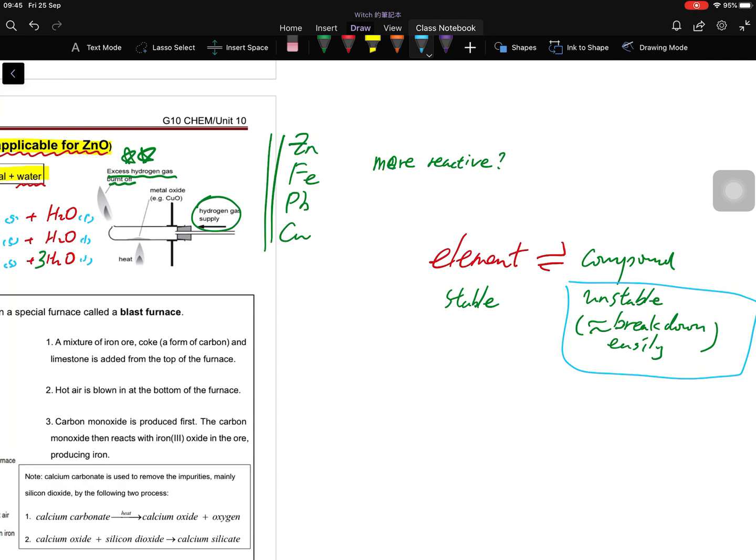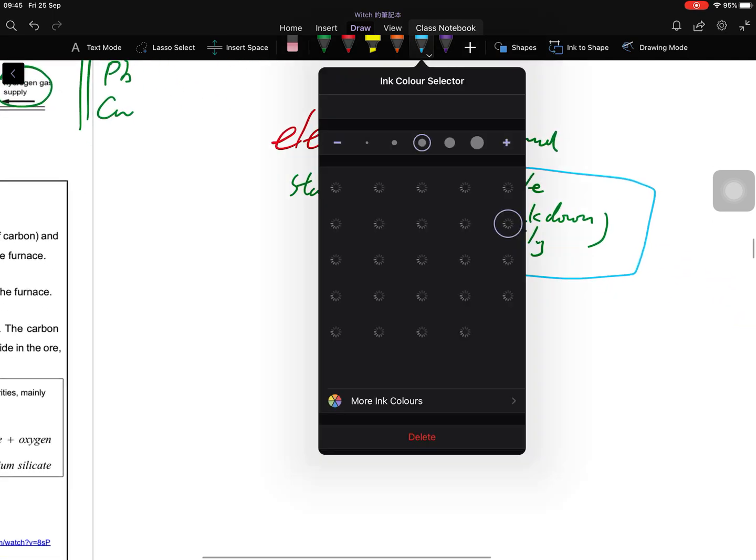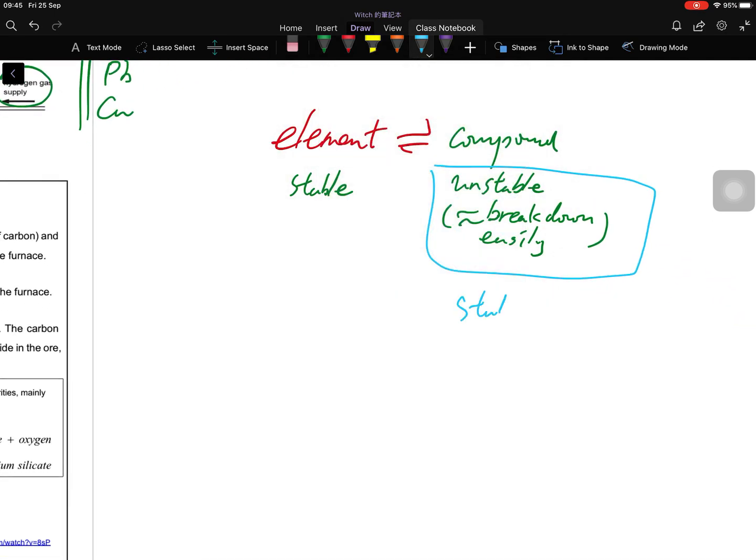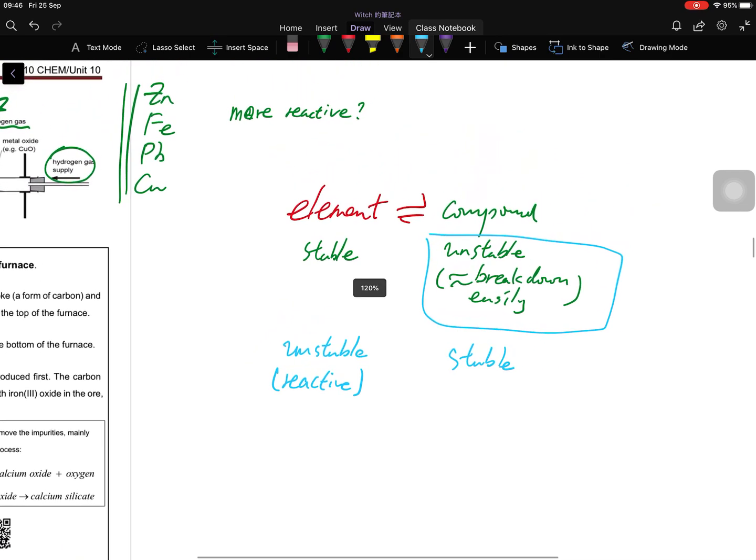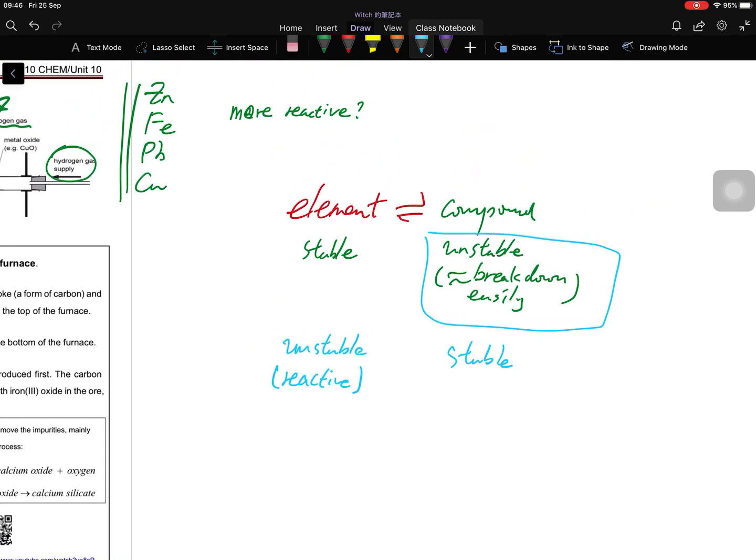If hydrogen were so attractive to oxygen, then zinc oxide would break. But now, no reaction, no breaking, no decomposition means zinc oxide is quite stable. That means the zinc element is quite unstable,